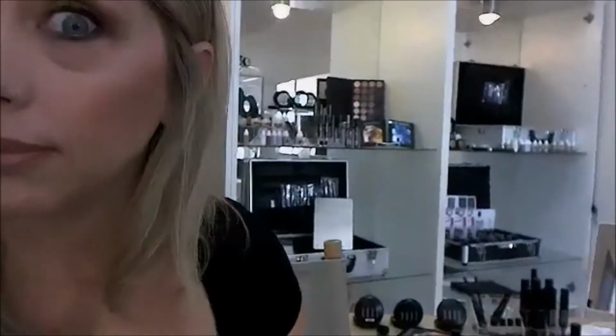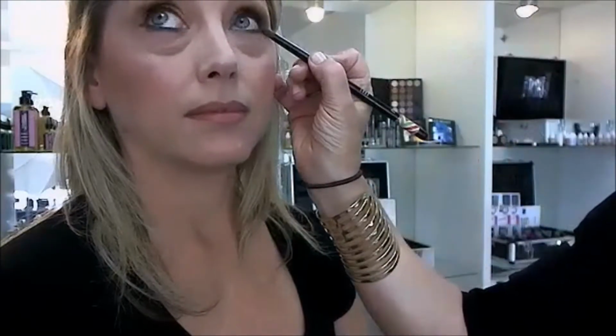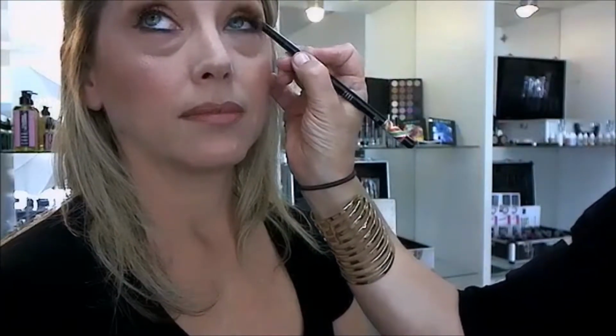Can you guys see that? On this eye, I don't know if you can see it. Let's see, on this side. Okay, there we go. Yes. So I softened it up a little bit more with the brush, and I'll get a little bit closer for you here. I just mixed, and you can use this brush,